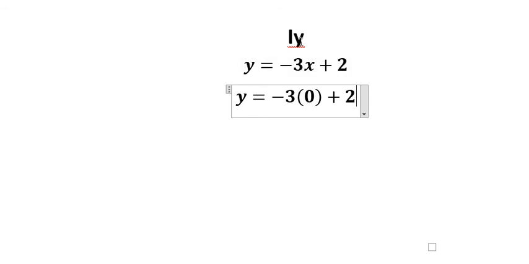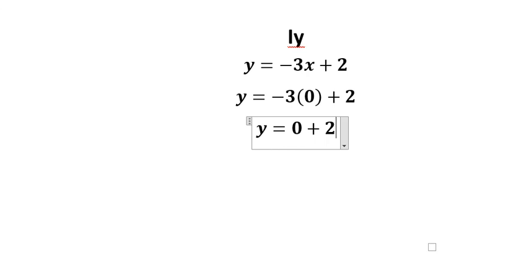To find the y-intercept, you need to find y and change the x with 0. So minus 3 times 0, 0, plus 2. 0 plus 2 will give you 2, okay? So now that we found it,